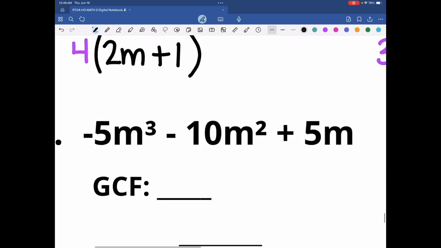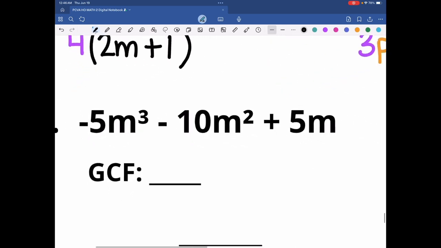All right, so this time we have 3 terms, so we've got to make sure whatever we take out, we take out of all 3. So in this problem, I have a 5, a 10, and a 5. So I know my GCF is 5. However,